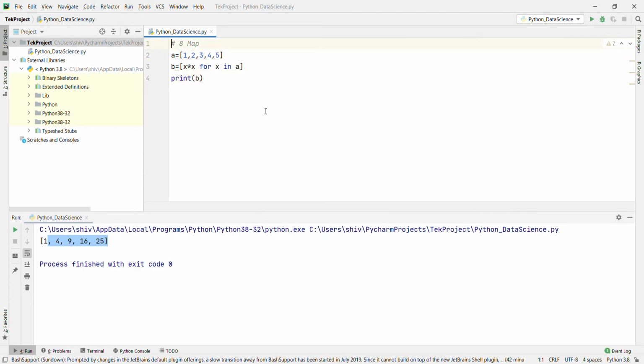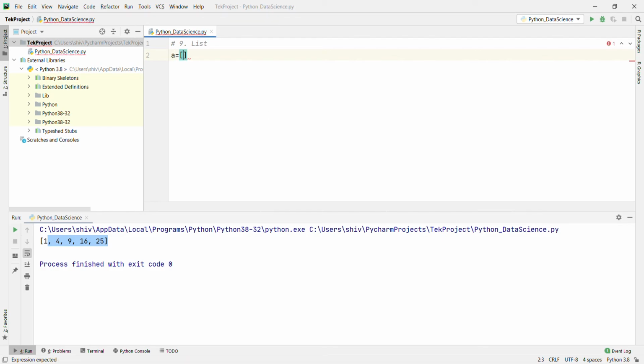Now we'll go with the ninth one, that is list. A list is a mutable sequence used to store a collection of items with the same or different data types. Okay, that is very important also. For example 1, 'a' that is a character, True that is a boolean, [1, 2, 3] that is a list, and (1, 2), a tuple.